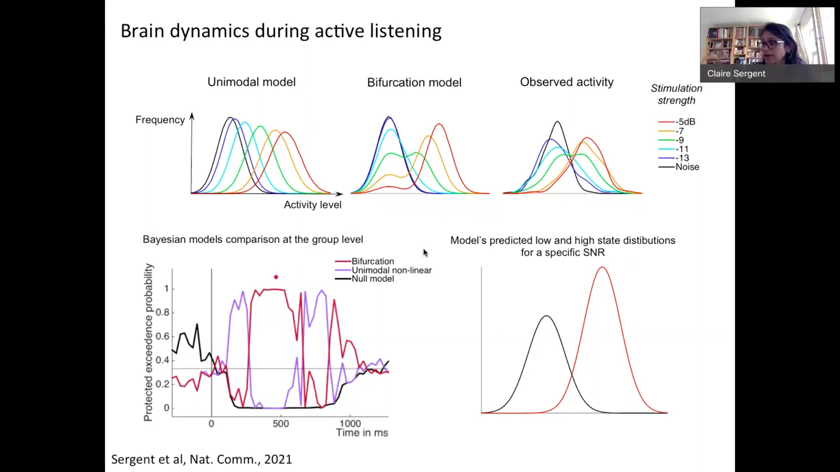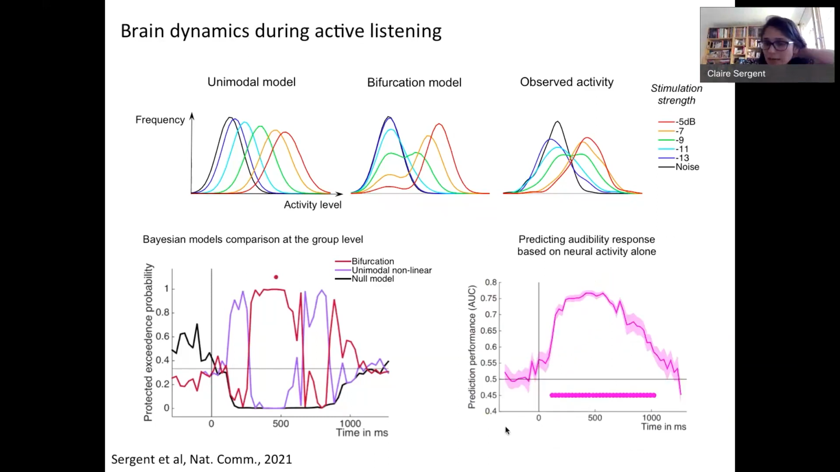And then we can take activity at each trial. That's the brain activity level for an individual trial, and see whether for this trial it's more probable that this trial was conscious or not. Okay, and then we compare this prediction from the model to the actual rating of the subject, and this is what we obtain. So predicting audibility response based on neural activity alone,